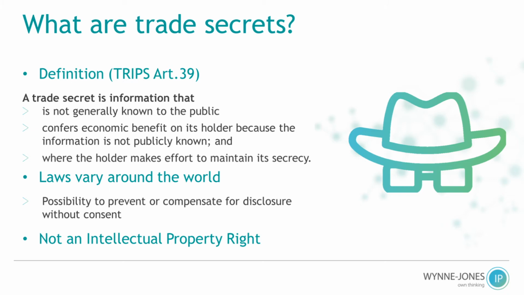Some countries have laws such as unfair competition laws, which can be used to deal with trade secret issues. Examples of those might be Germany or Austria. Trade secrets can be dealt with in intellectual property codes. Countries such as France and Italy do that. And there are countries such as the UK, Ireland, Malta, where it's principally handled by terms of contract law and